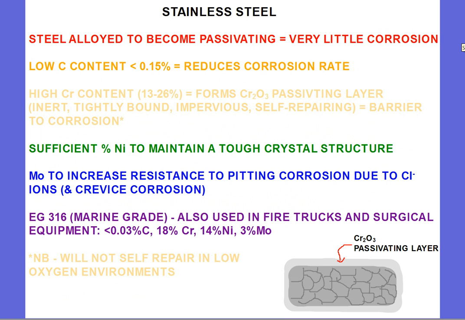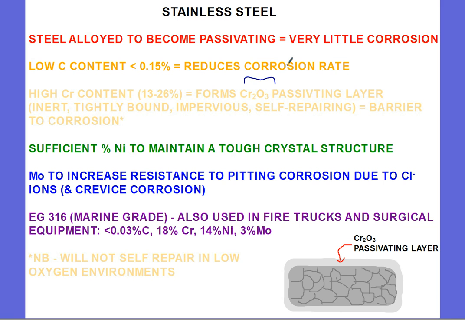And finally, stainless steel. Stainless steel has been alloyed to become passivating or have very little corrosion. It's got very low carbon content to reduce corrosion rate, but it's got a high chromium content of 13 to 26% because that'll let it form a chromium oxide passivating layer on the surface. And being a passivating layer, we know it's inert, tightly bound, impervious and self-repairing, so it's a barrier to corrosion,